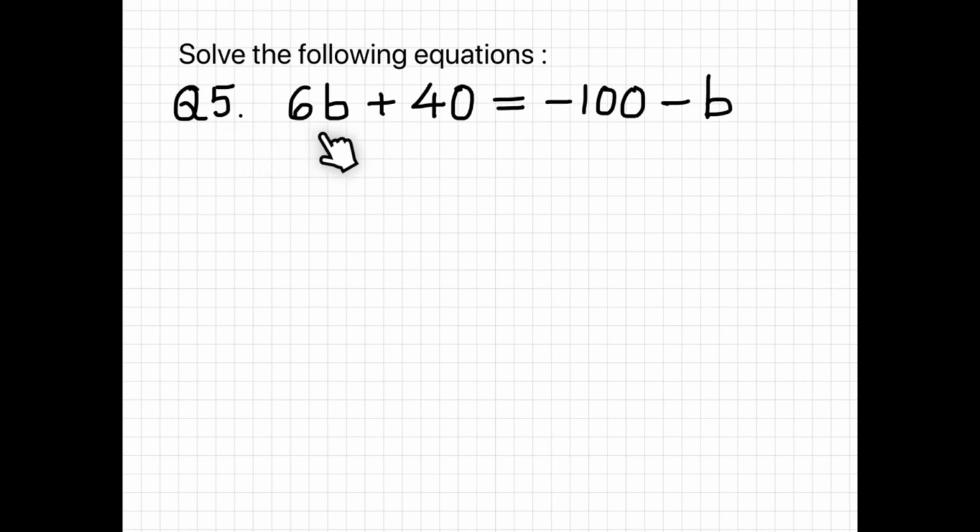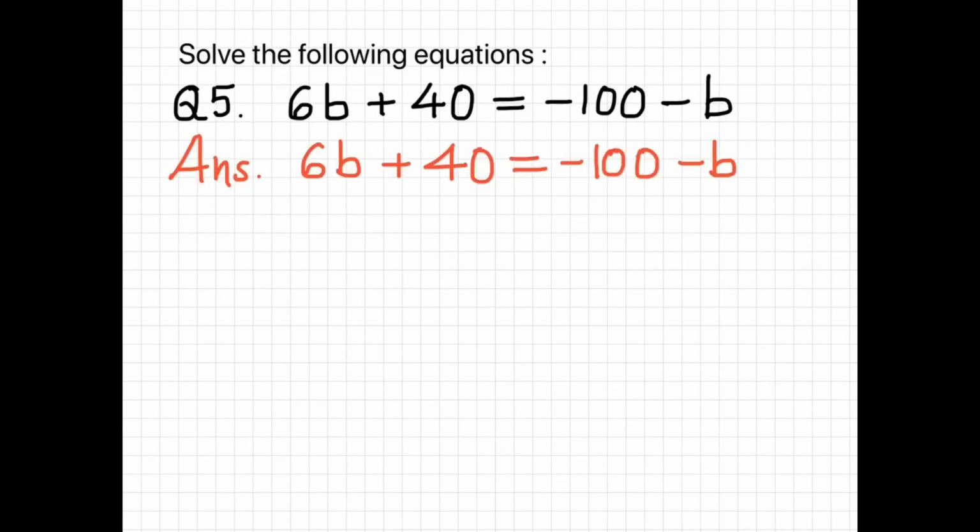6b plus 40 is equal to minus 100 minus b. In this equation, let's transpose the terms containing the variable to one side and the constants on the other side. So we are going to transpose minus b to the left hand side and plus 40 to the right hand side. We get 6b